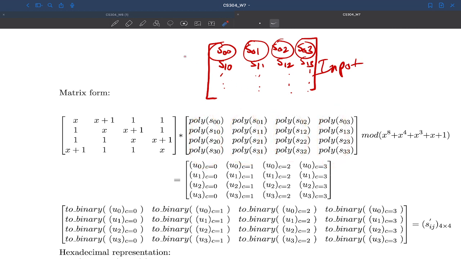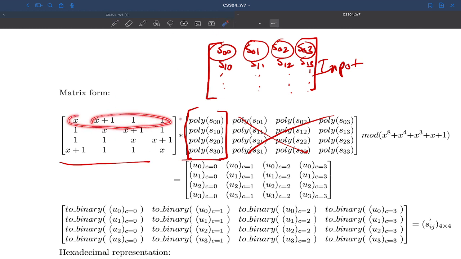Now let's say for a moment just ignore these 3 columns. Let's just consider that this is my matrix in which we have only one column. So what will you do to multiply this matrix and this matrix? We multiply this row with this column and you will get one entry of my matrix. Then you will multiply this row with this column, again with this column, and you will get u1. Then you will multiply this row with this column, you will get u2. Then you multiply this row with this column, you will get u3.